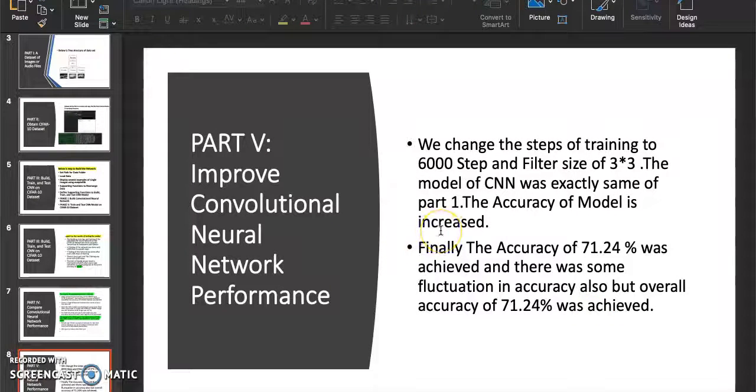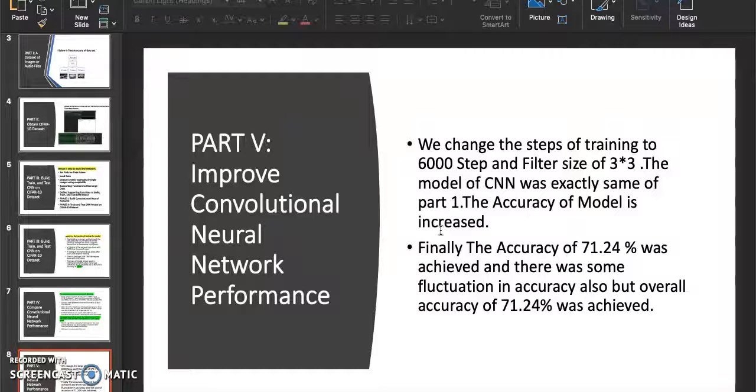Yes, we can say that by decreasing the filter size and increasing the number of steps, and performing exactly the same steps as we did in the earlier part, the accuracy of the model can be improved, and it has improved to 71%.